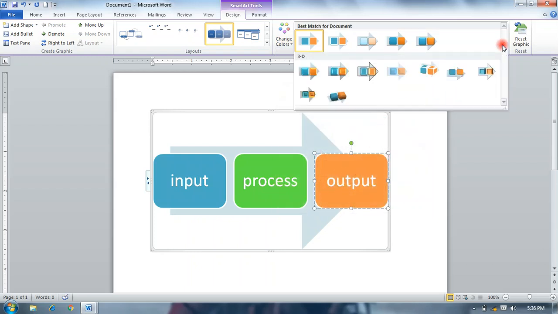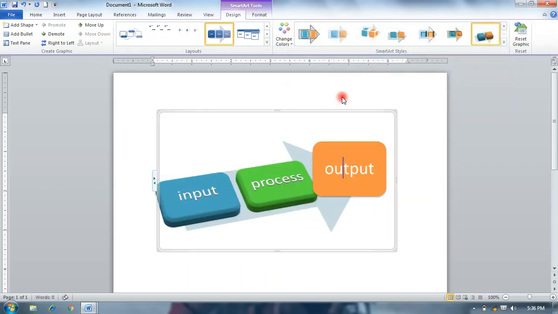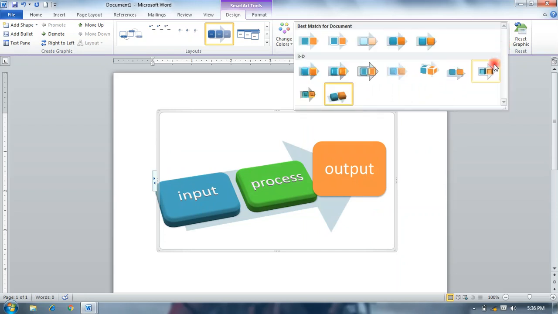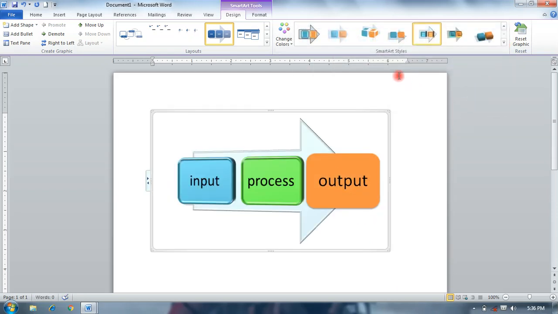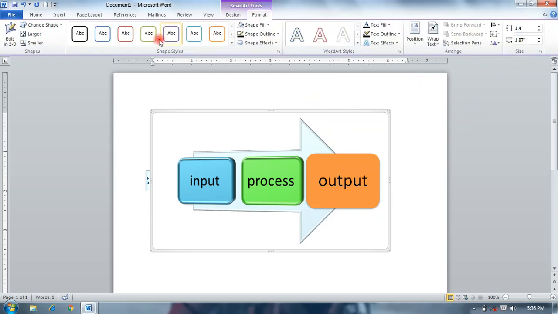We can select the dimension, which type of dimension we want, 3D or 2D, we can change it from here. These are the formatting options we can use on it.